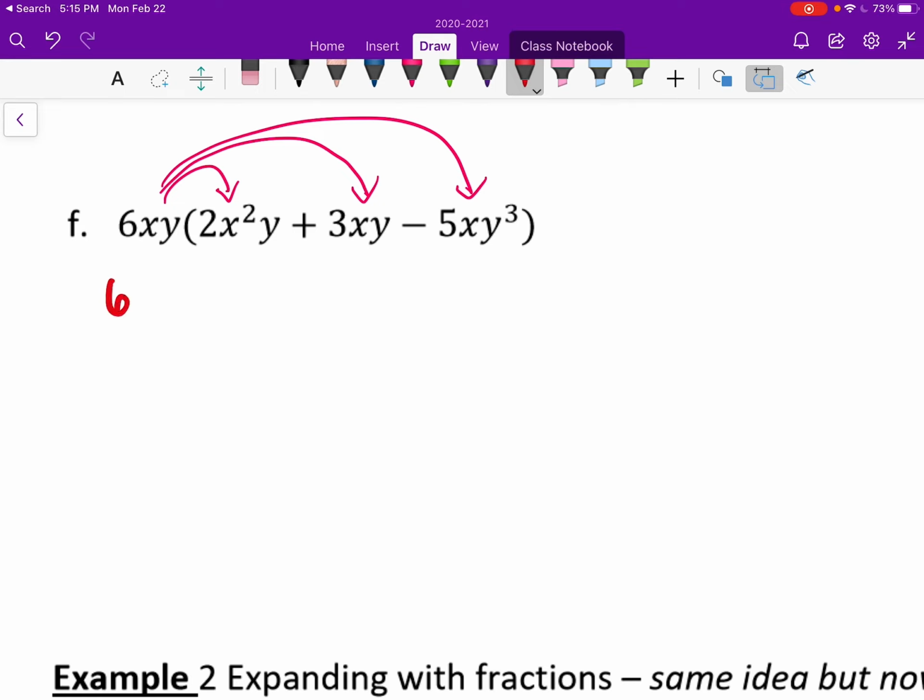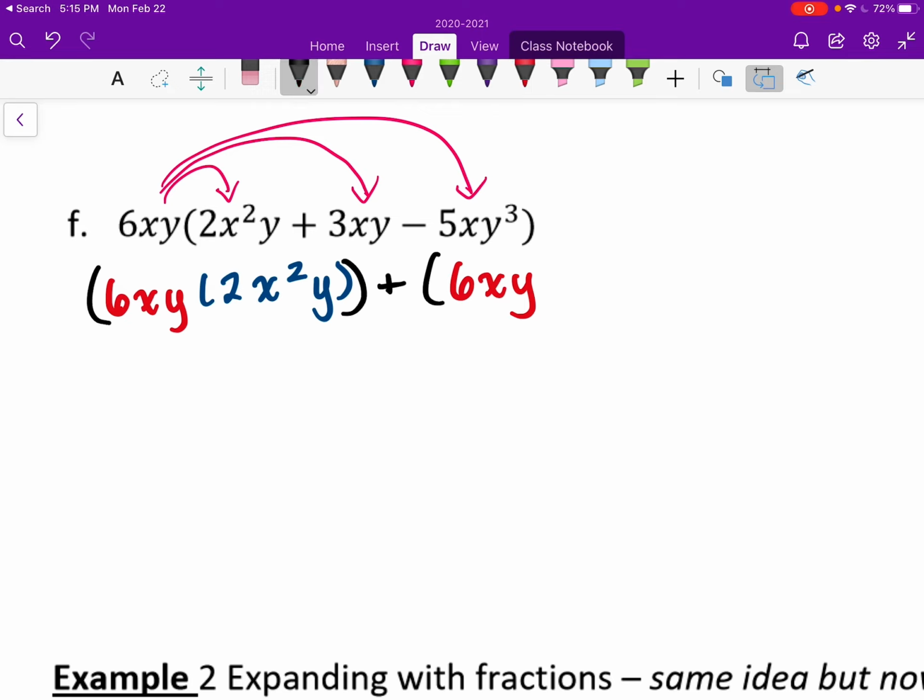Right, so I'm just going to multiply 6xy times, I'm just going to do this in blue, right, 2x squared y plus 6xy times, and you can just put these in your own little black brackets, right, so you know which ones to do first. So you do 6xy times 3xy